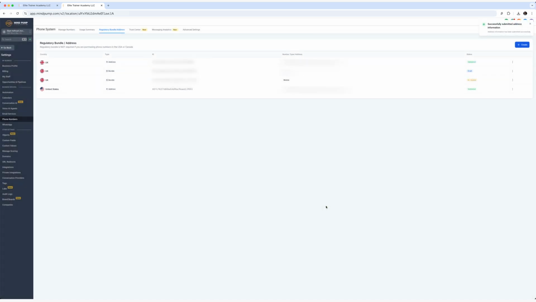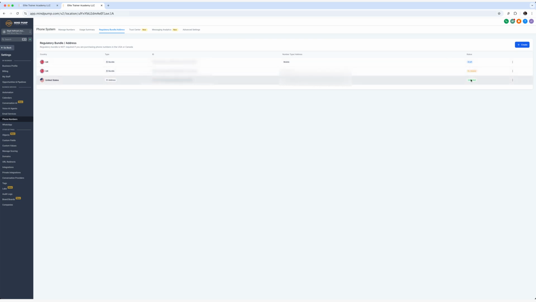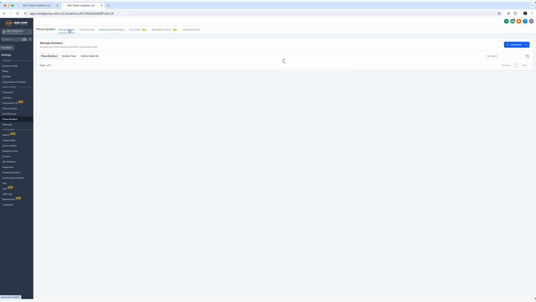And this is now going to submit that form, and it's going to go alongside our regulatory bundle. And then together with those two pieces of information, the compliance team can review that, validate it, and then you should be ready to purchase a phone number. Once your bundle has been validated, you're going to see that the in review is going to change to a green validated. Once this happens, just go ahead, go back into your manage numbers, and then go through the process again of adding a phone number,